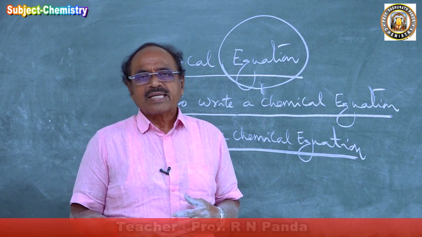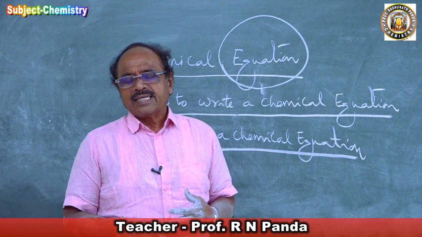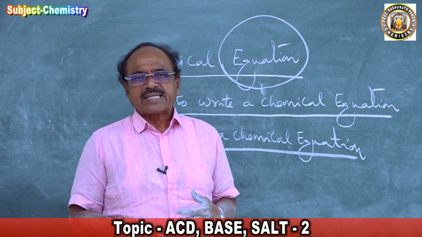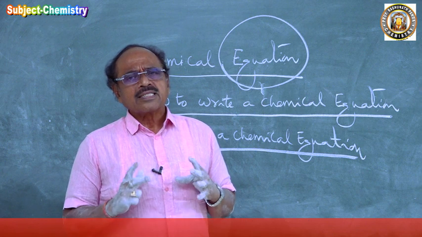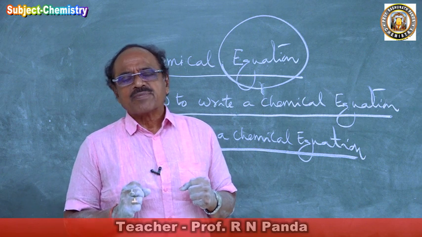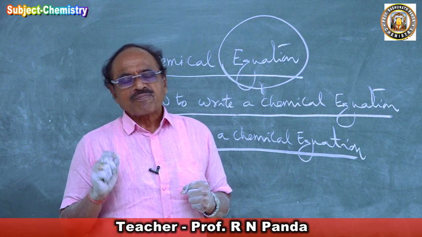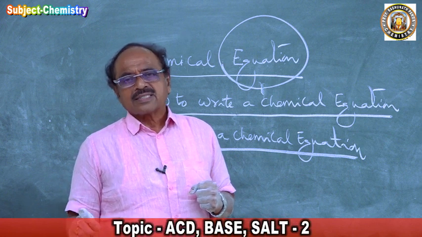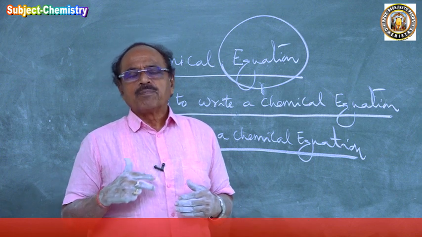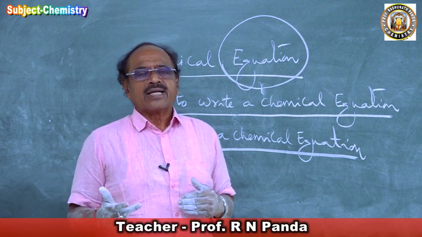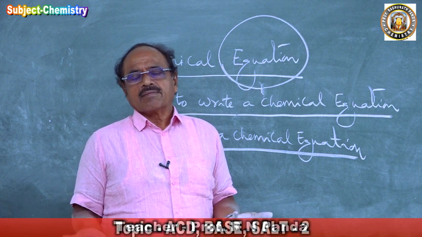So next class when I come, I will again tell you what is a chemical equation, why a chemical reaction can be written by a chemical equation, how to write a chemical equation of a chemical reaction, then how to balance the chemical equation. That is the most important topic of chemistry, and if a student learns this perfectly and learns how to write a balanced chemical equation, then he can complete inorganic chemistry and organic chemistry very perfectly and easily and be successful.